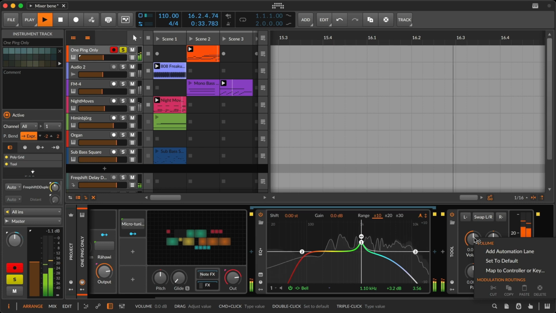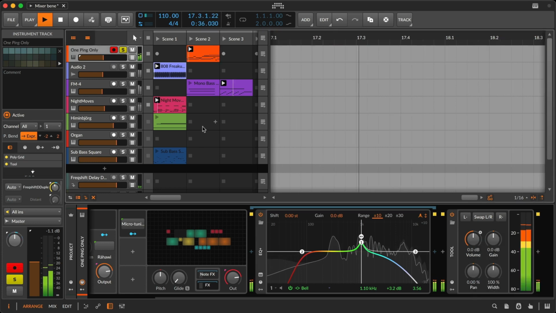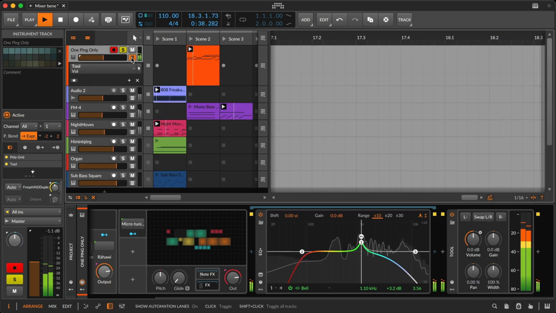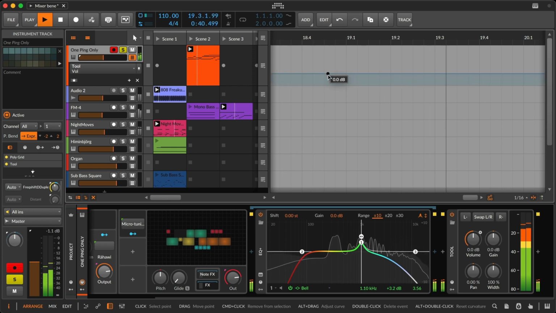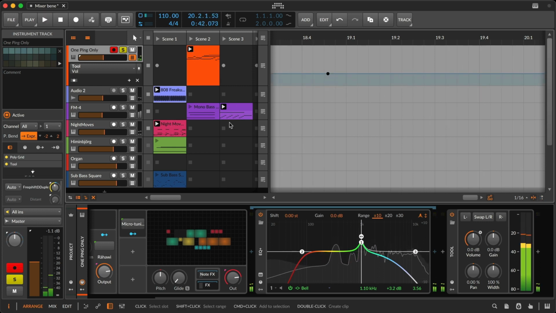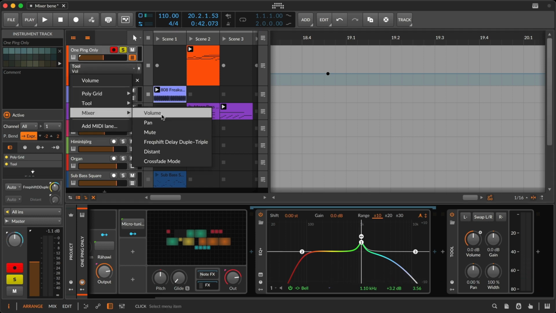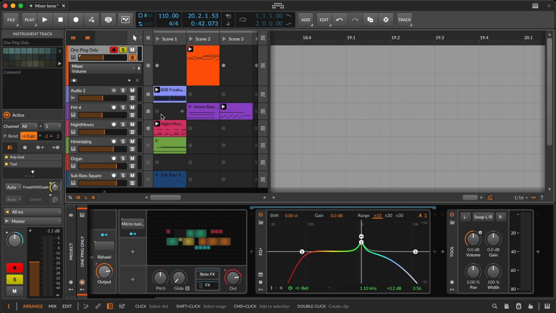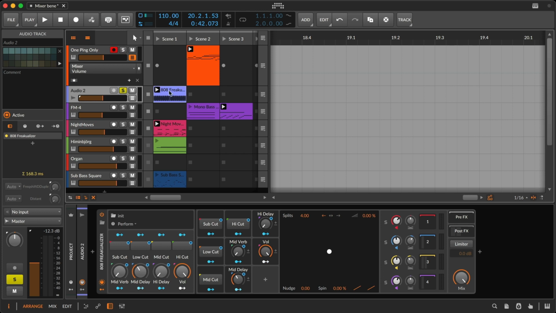And I know people who love using this as a means to put in all of their volume automation on the timeline somewhere else, so that then when it's time for mixdown, you can just start with a clean mixer volume and no direct volume mappings itself, just to have something clean. Now that's one way to look at it, but a couple extra ideas here about gain staging. One, while audio tracks do have a volume mixer, like we've seen, and we could hear this little drum that was in the background.